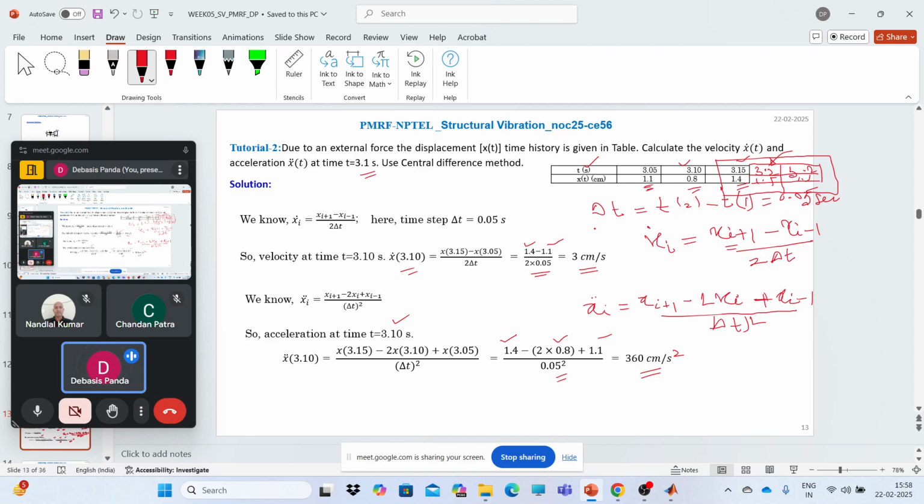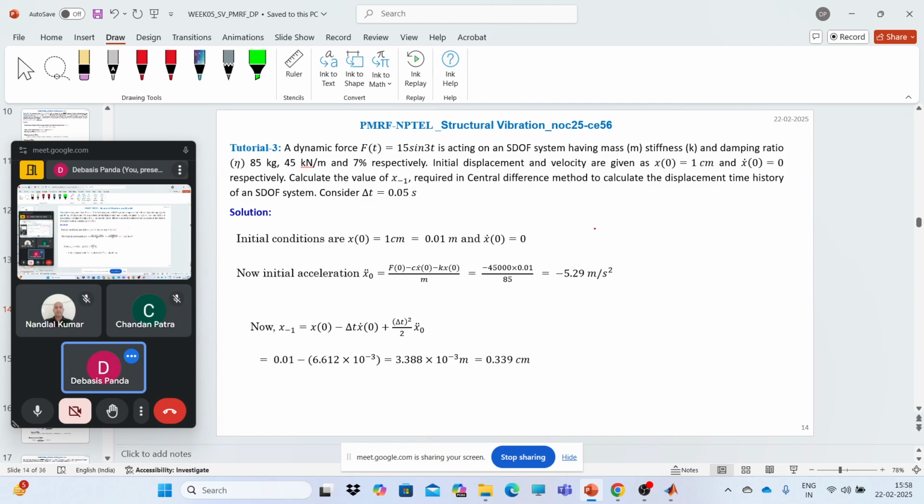It's nothing but we need to have the response at this time point, previous time point and the next time point. If we have this, we can pretty straightforwardly calculate the responses at different time instances. Now, if we have another problem, what this problem says,